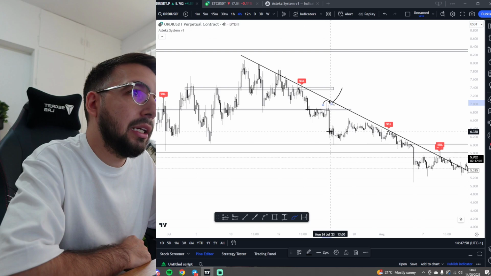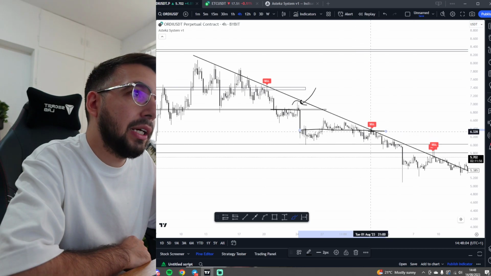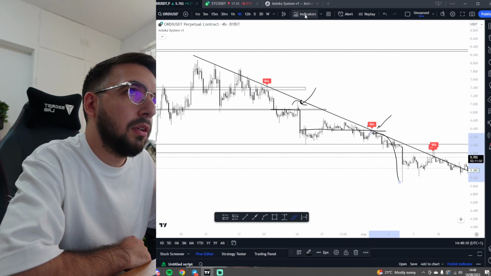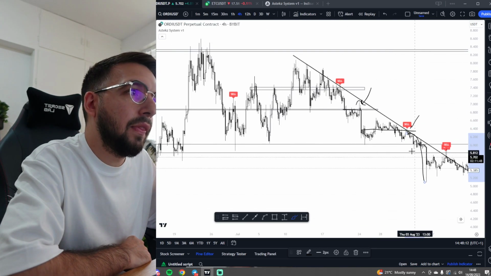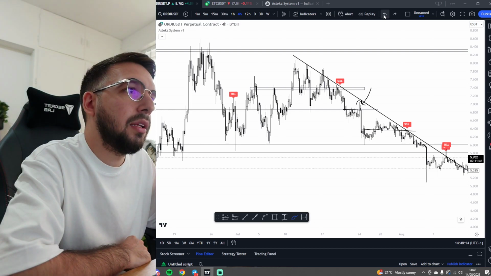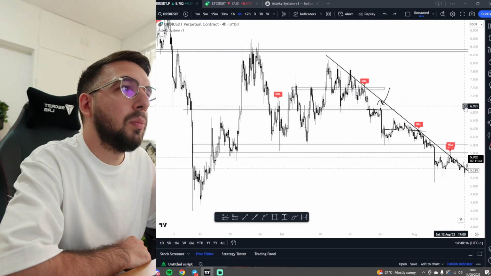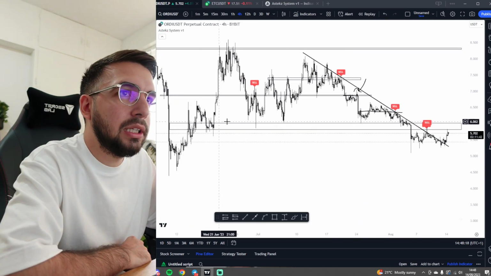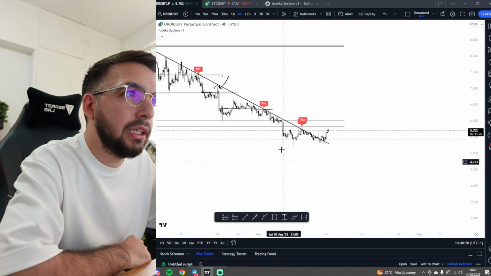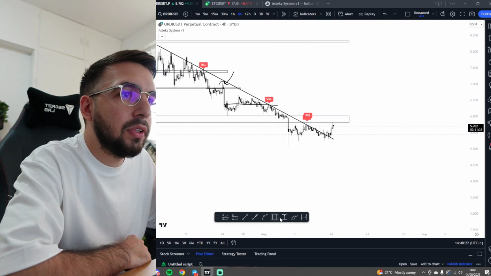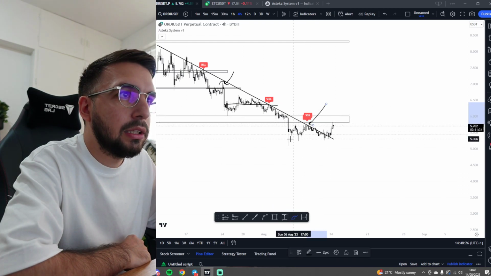Same again here. We look at the structure it's made. It was trying to hold this level throughout, moves down, comes back up. People try and long the break. We say no again, slam down. And then at this point we have created an even more bearish scenario where we've broken down under this level across here and then just gone in for the retest again, like a bearish retest, and then slam back down